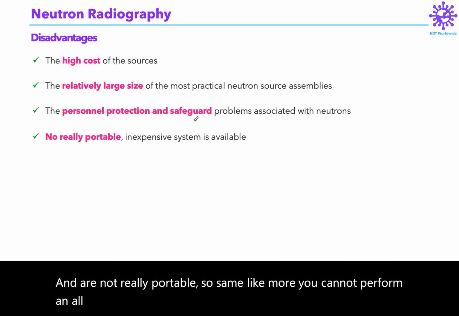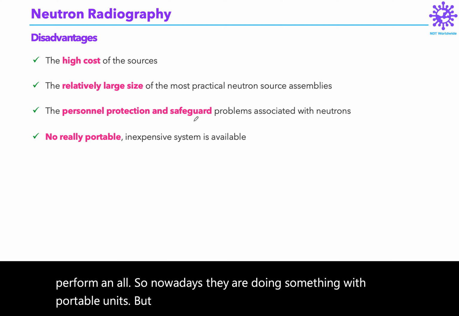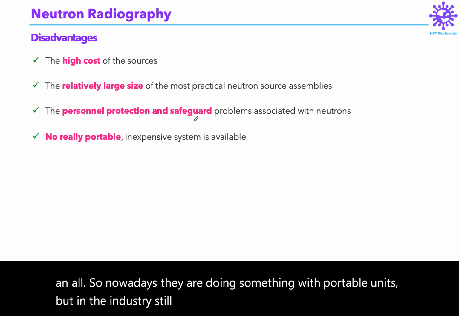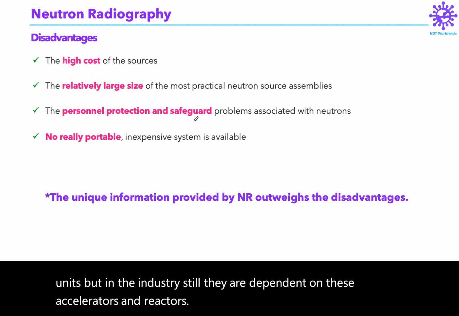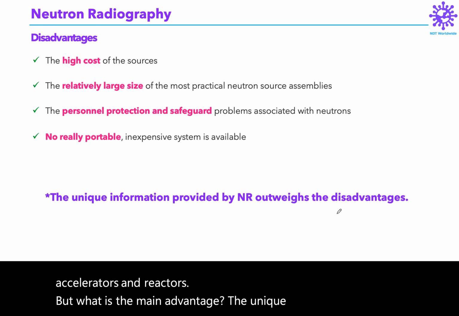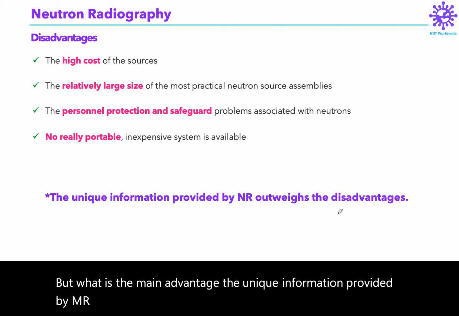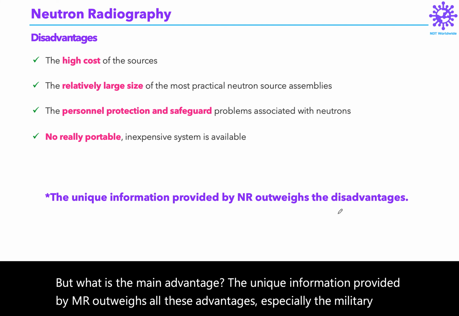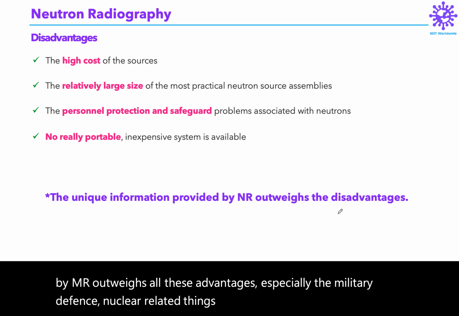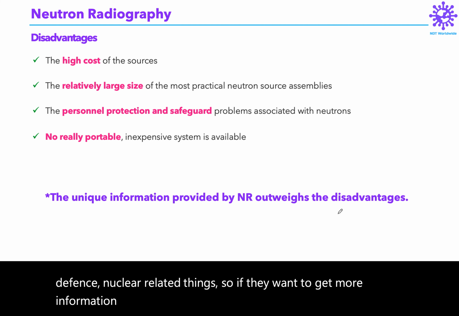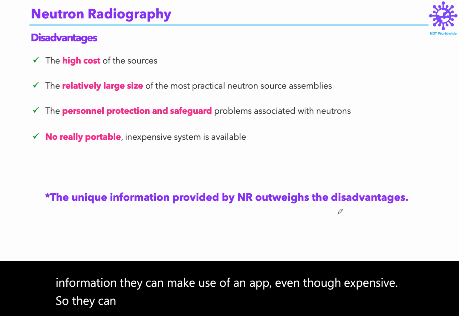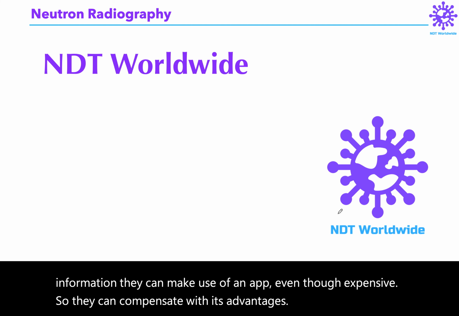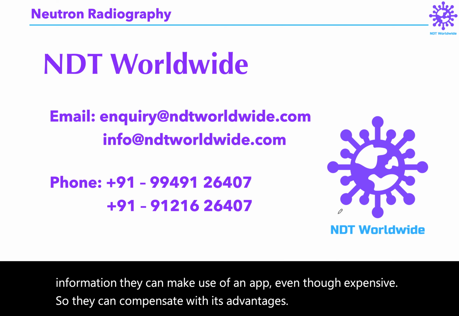Nowadays they are working on portable NR units, but in industry they still depend on accelerators and reactors. But what is the main advantage? The unique information provided by NR outweighs all these disadvantages, especially for military, defense, and nuclear related work. If they want to get more information, they can make use of NR. Even though it is expensive, they can compensate with its advantages. Okay, so this is about neutron